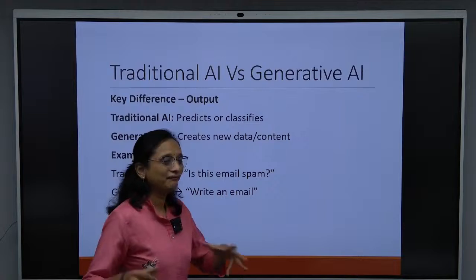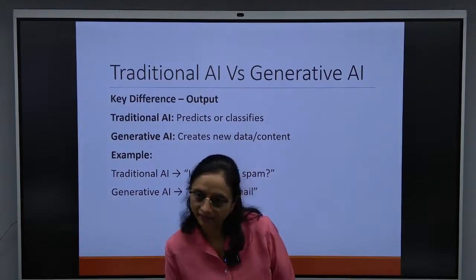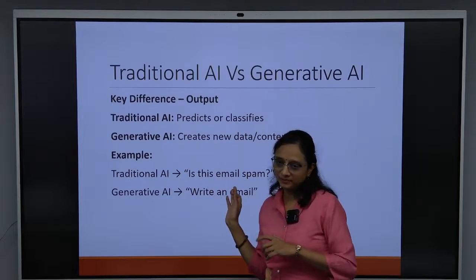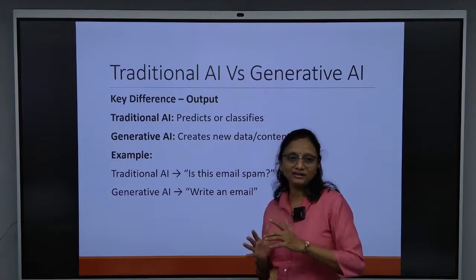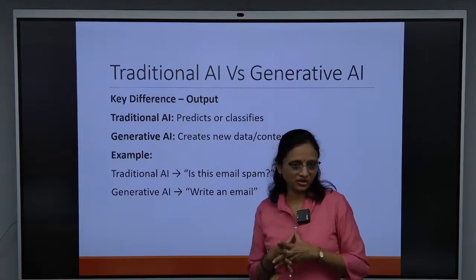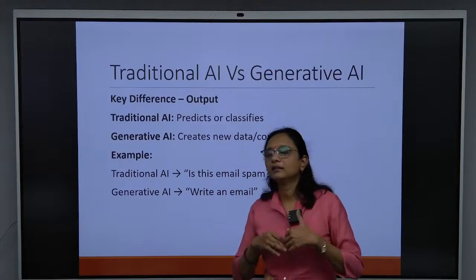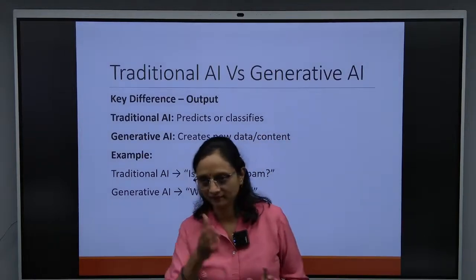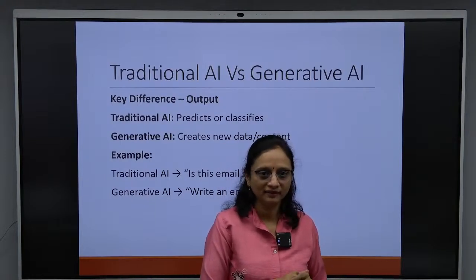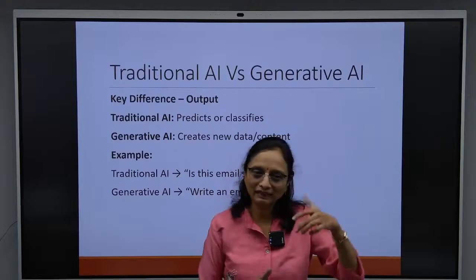Now a very simple example I want to give you for generative AI and traditional AI, right? In normal days we check whether this email is a spam email or not. To find out whether the email is spam or not, it is traditional AI, where we use machine learning and all. But in the case of Gen AI, write the mail to HR, write the mail to any person. It will give you a subject also, the recipient, and all things.